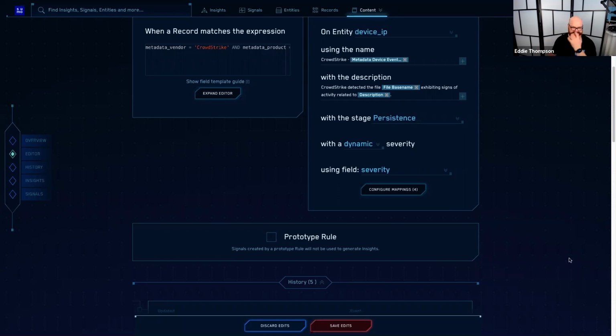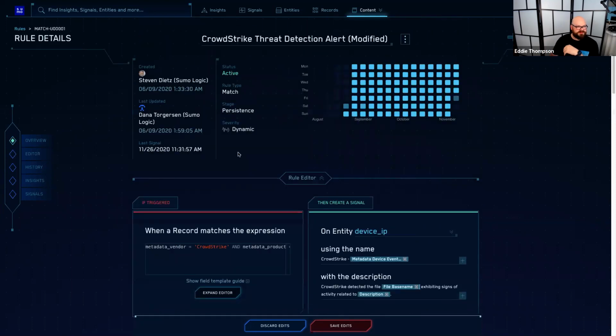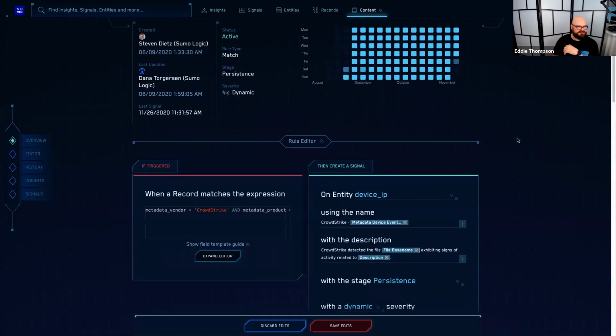And that is the sort of thing which can avoid the need for having a separate development environment just to be able to test out some rule sets. And I just think that's fantastic. So you can see here what the rule editor looks like, what I'm able to be matching on, when it has matched, and if it's triggered, then create a signal